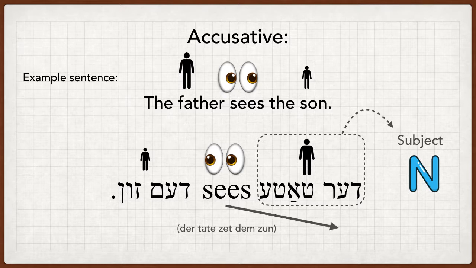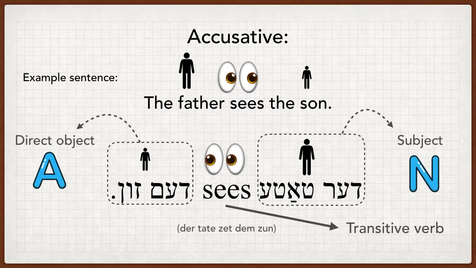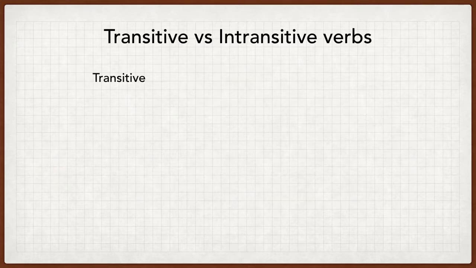To see is a transitive verb, and the son is the direct object because he is the receiver of the action of being seen. And since he is the direct object, he is going to be in the accusative case. But hold on, what is a transitive verb? I'm glad you asked. So, we have transitive and